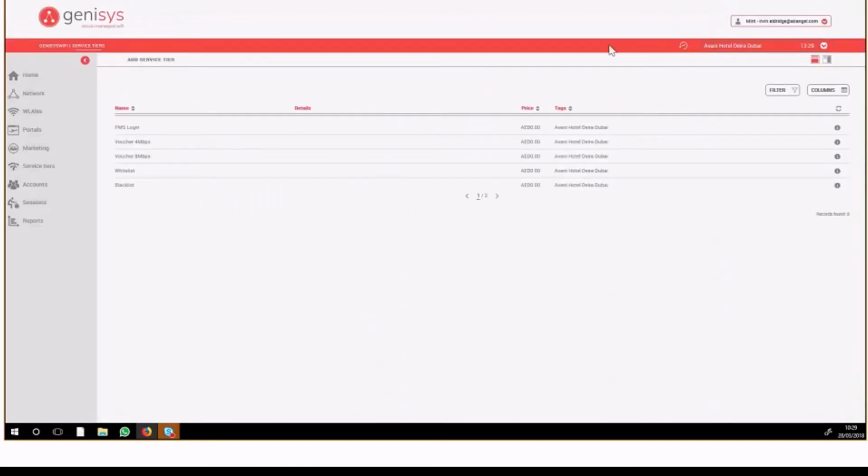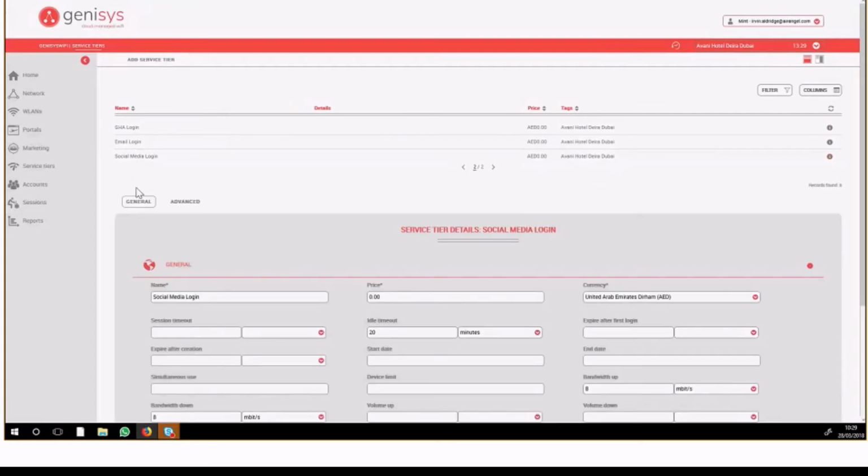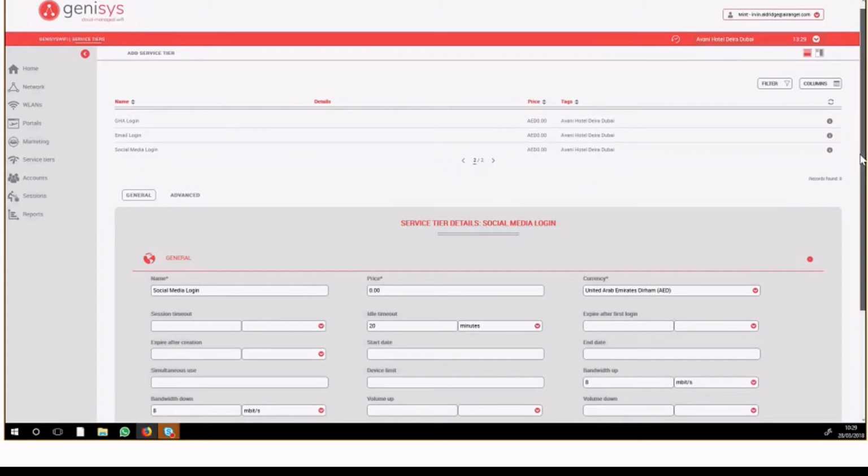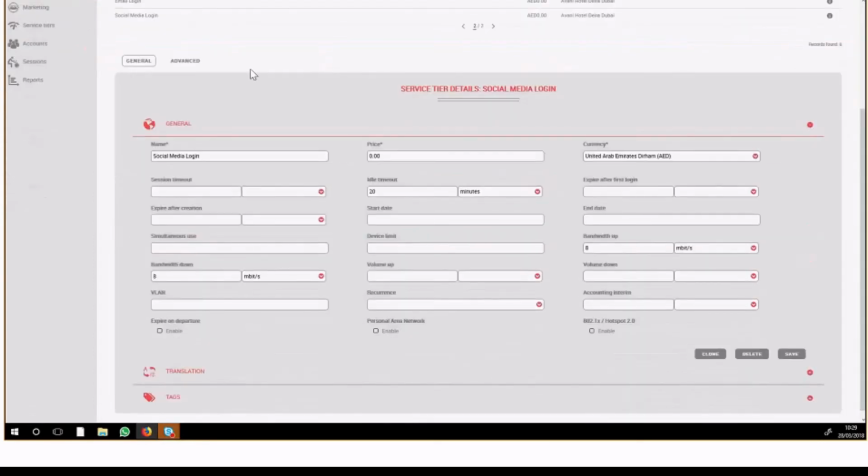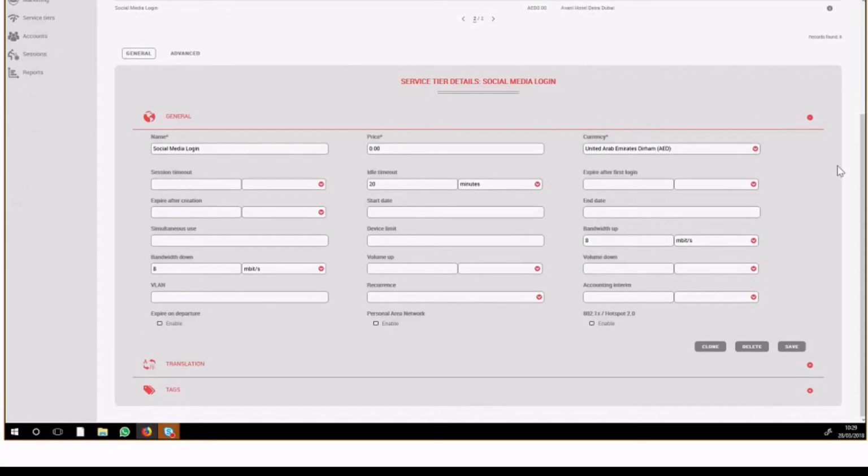So we're filtered and we're looking at the Avani Dira site, and in this example they've got a few different service tiers set up. So we have service tiers for GHA, email, social media login, and we'll use social media login just because I know they're not using it, so it won't cause any problems. But for each of these service tiers, each different type of experience that you want to offer to your